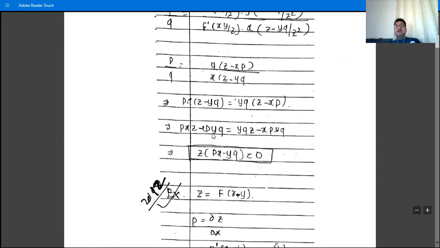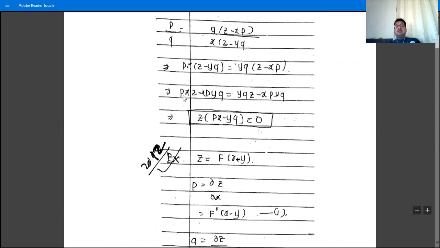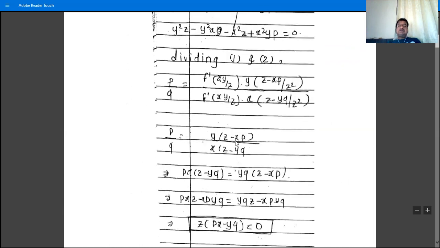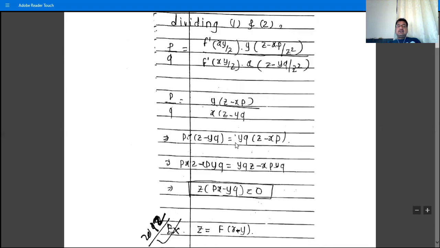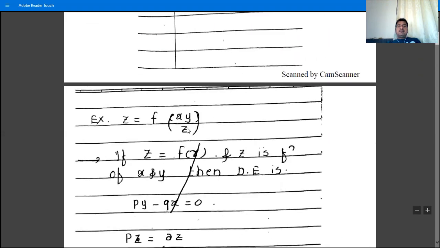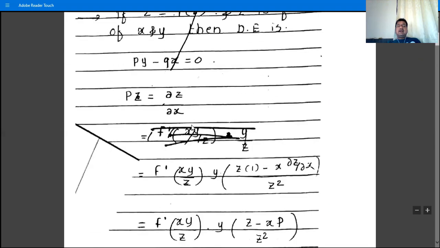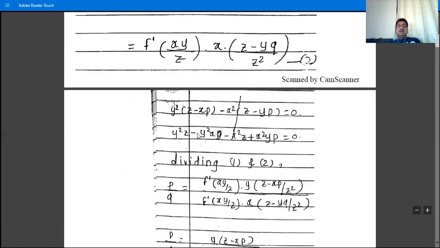That is pz minus pyq is equal to qz minus xpq, and then minus xpq and minus ypq on both sides get cancelled. So we have z(p minus q)... is equal to 0, and this is the corresponding partial differential equation. So the solution of this differential equation is this: z is equal to f of x into y by z. Then next example,